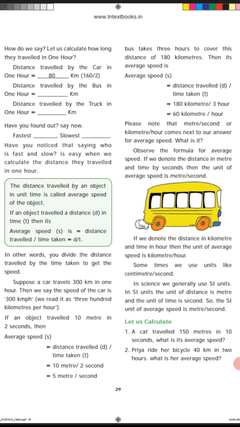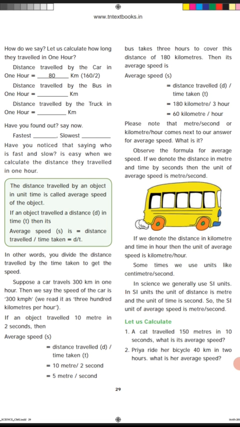Next topic is fast or slow speed. Speed or slowness depends upon the motions. Compared to walking, cycling is fast. A bus is faster than the cycle. An aeroplane is much faster than a bus. So speed S equals distance traveled divided by time taken. Distance traveled is capital D, time taken is small t. So speed S equals D by t. Here is one sum. A bus takes 3 hours to cover a distance of 180 kilometers.